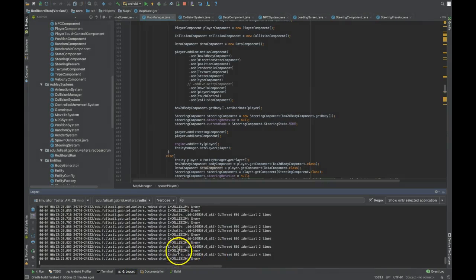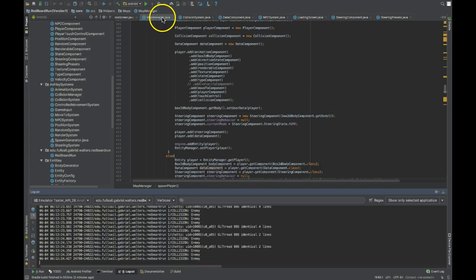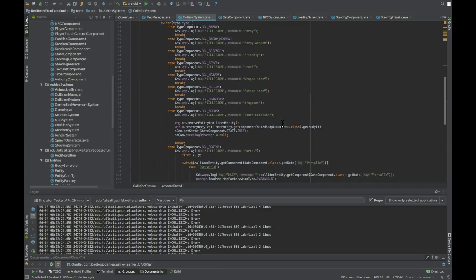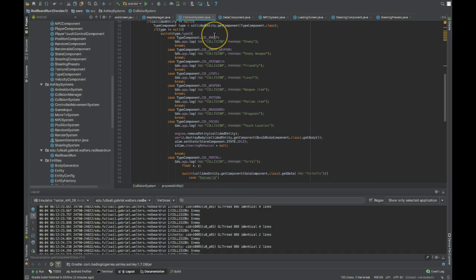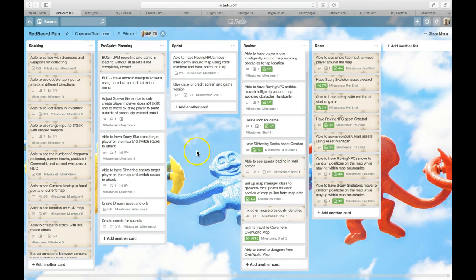Right now it's showing collision enemy. So in my collision system, that's where I can set up for the enemy or the enemy weapons. My health stored in that data component can decrease if I get hit by an enemy, and I can play around with that. So for where we are at in Trello,